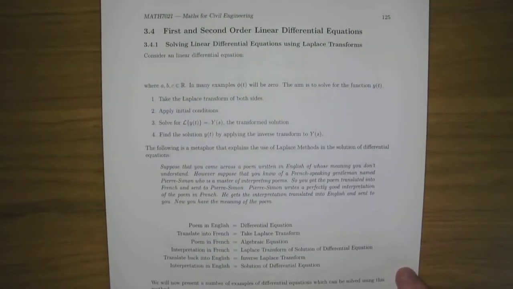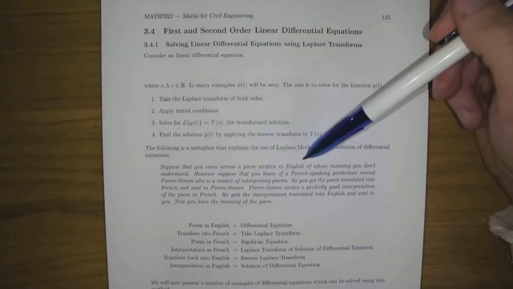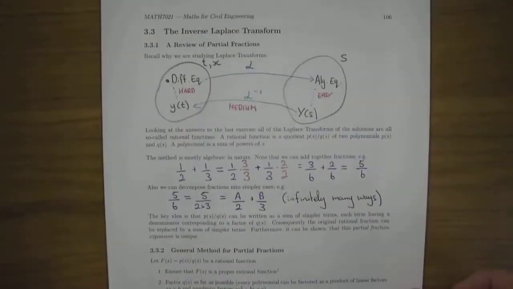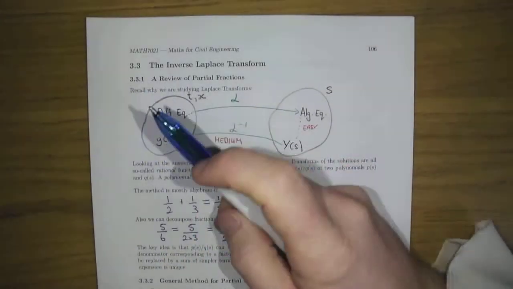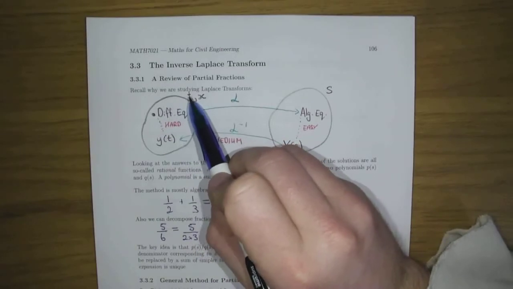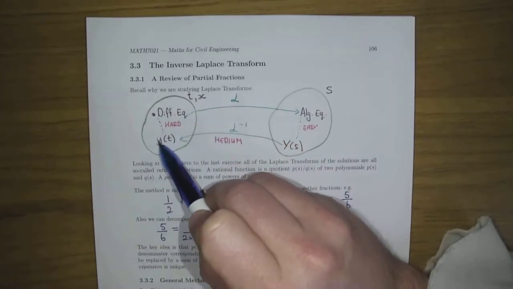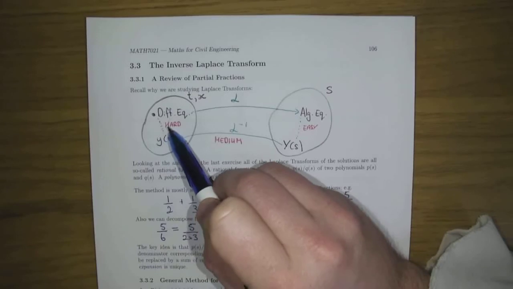And here it is. Suppose you have a poem written in English. You can see that there on page 125. So the metaphor that I use is you have a poem here, and it's written in English. And what you want to do is find out what the poem means, and that would be the analog of solving the differential equation, and that's difficult.